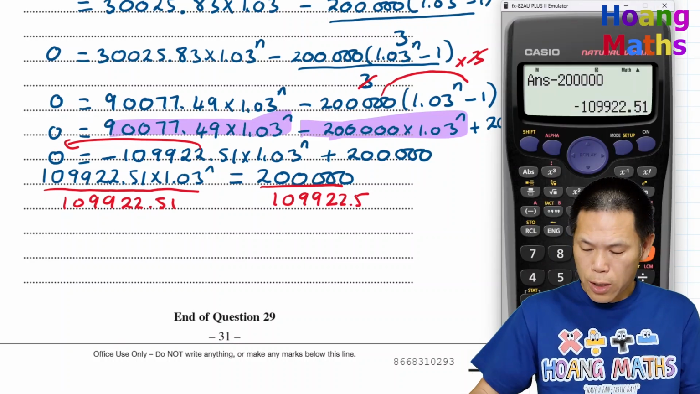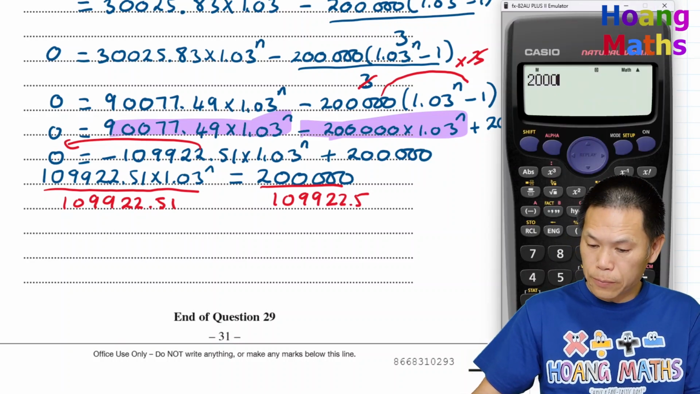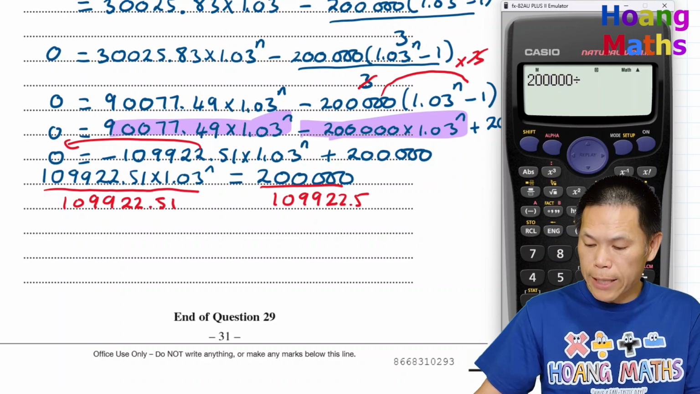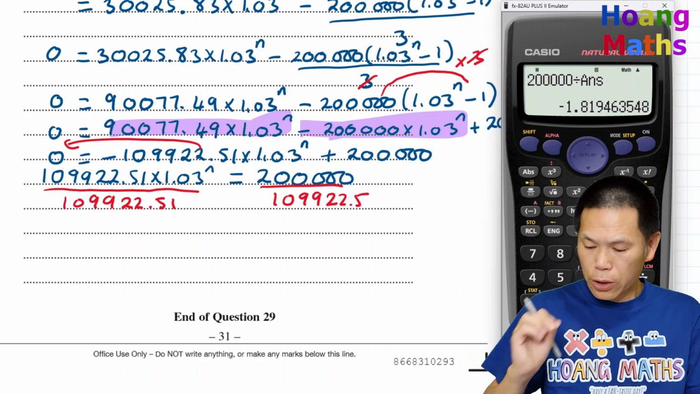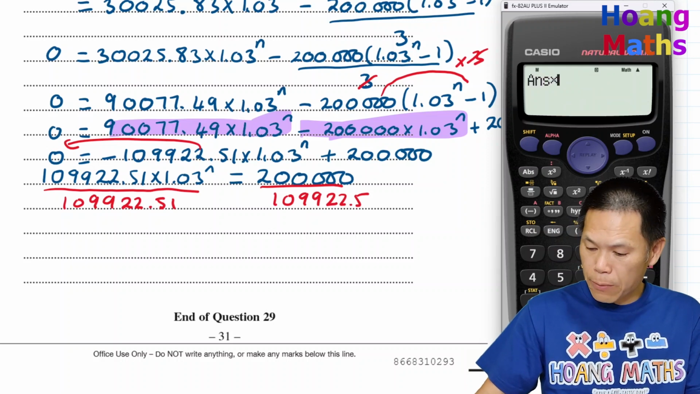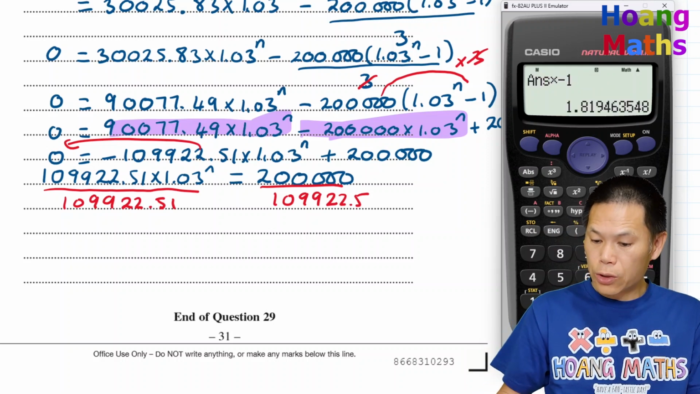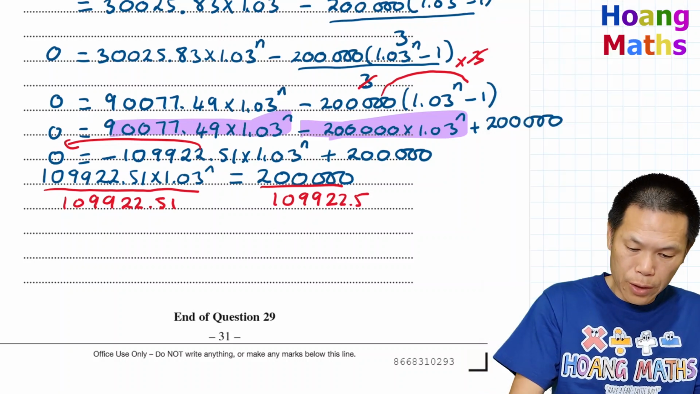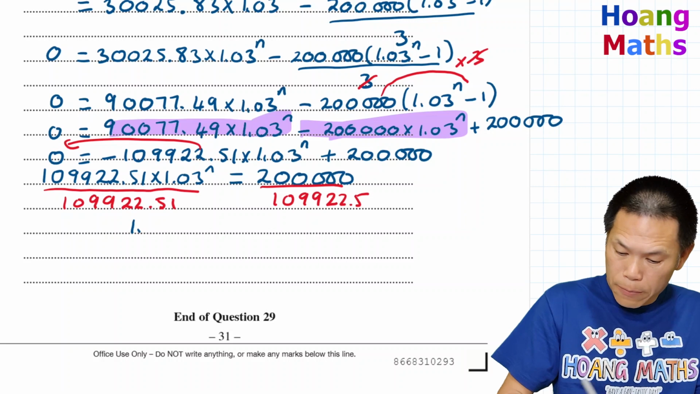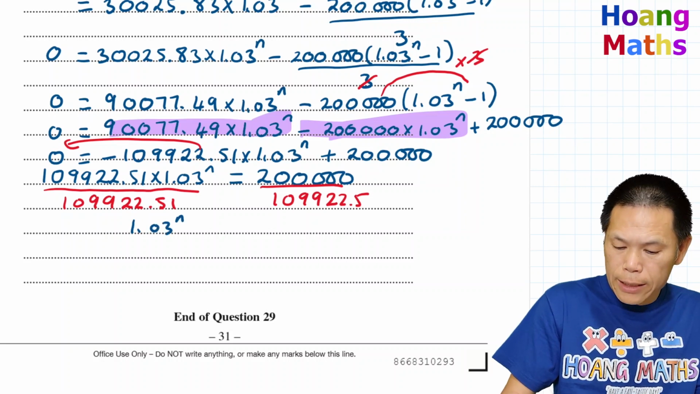So I just go 200,000 divided by the answer. So there you go. But the answer should be positive, so let me just times by -1 first. So there you go. So 1.819 and so on. So that is 1.03^n is